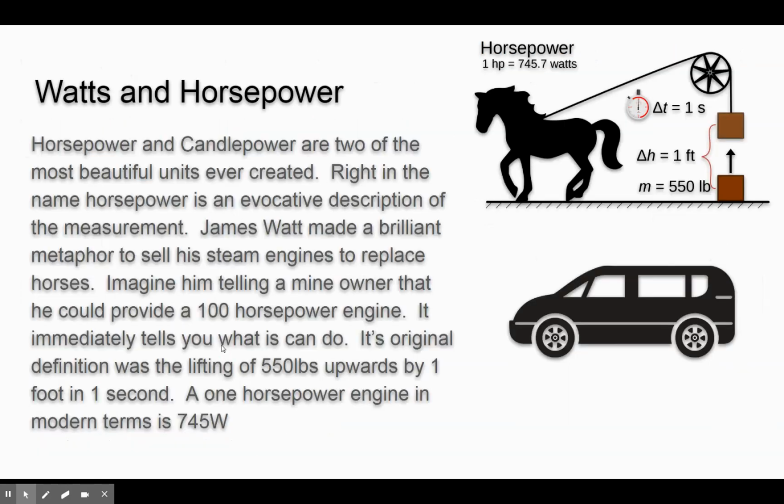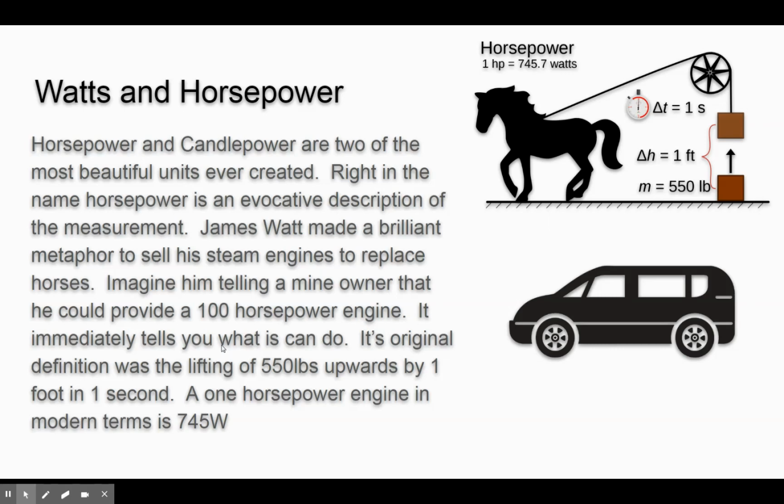If we go back in time prior to metric, there are two units that I think are amongst the greatest units ever created in history: the horsepower and candle power. Candle power is disappearing, but when electric lights came out, Edison could advertise a light as 10 candle power to convince a person this one light bulb would replace 10 candles in their home. It's a great way to sell or help a person conceptualize something.